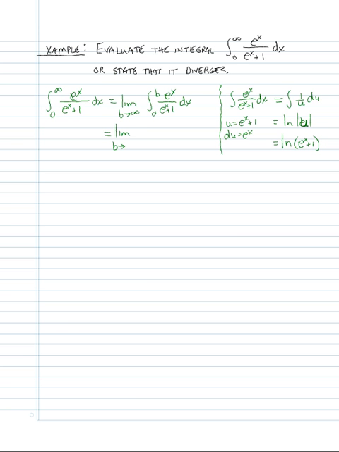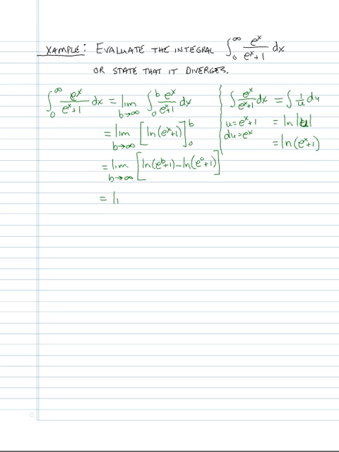So the definite integral, of course, is the indefinite integral evaluated from 0 to b. And so we make that calculation. We're not ready to take the limit yet because we don't know what we're taking the limit of. Well, when we evaluate at b, we have natural log of e to the power of b plus 1 minus the natural log we evaluated at 0, so we have e to the 0 plus 1. Now, of course, e to the 0 is just 1, and so we're really subtracting the natural log of 2